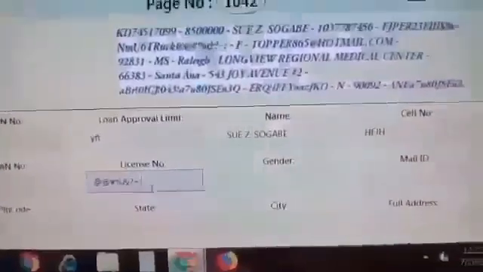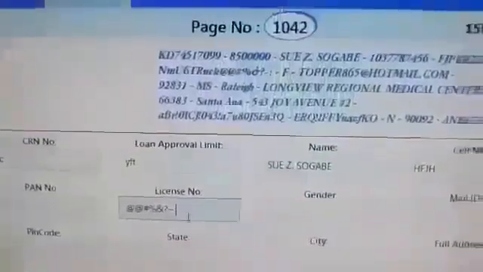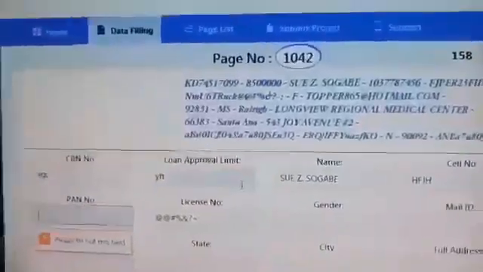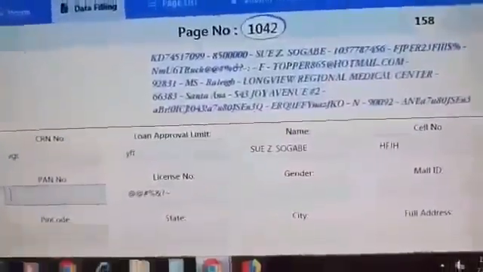Here you can see. So as it is written, you need to type that only, and after completing your whole work, you need to submit it. When you click on submit, the form will be submitted automatically and a new form will come on your screen. Here I have not filled the field, that's why it's showing like that.